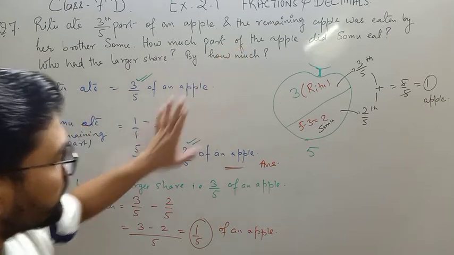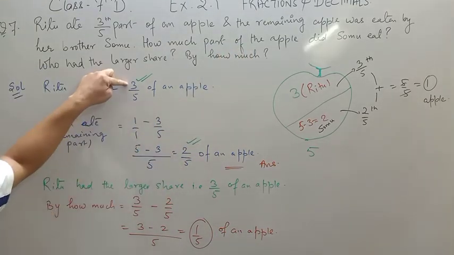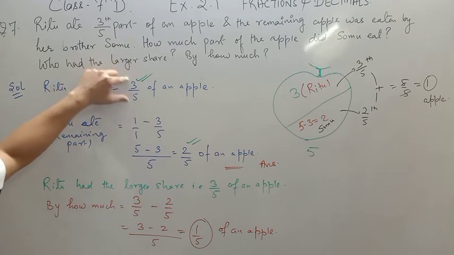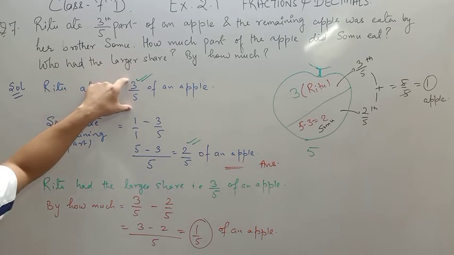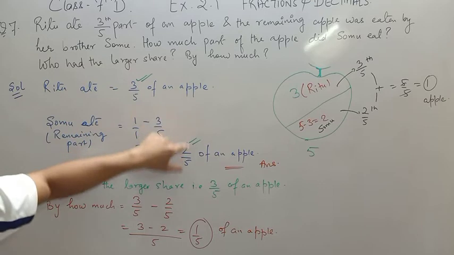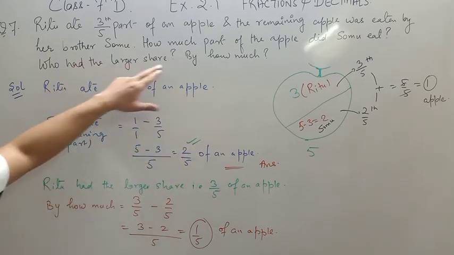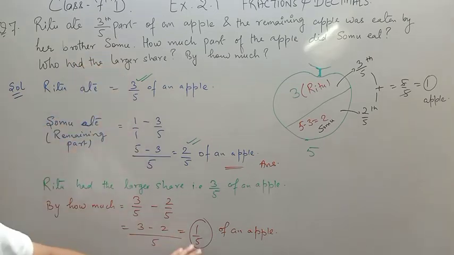Then which fraction is greater? If the denominator is equal, in that case you need to check the numerator. The fraction having the greater value of numerator will be greater. वो fraction जिसका numerator की value ज़्यादा होगी, that will be the greater fraction as compared to the other one. Now by how much? You just need to subtract 2/5 from 3/5. You will get 1/5. Okay, note it down fast.